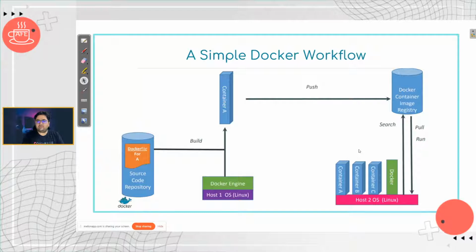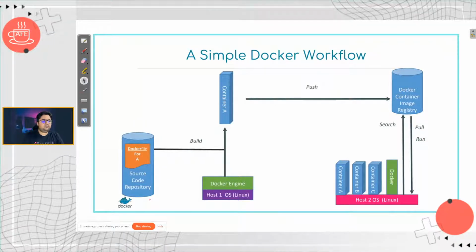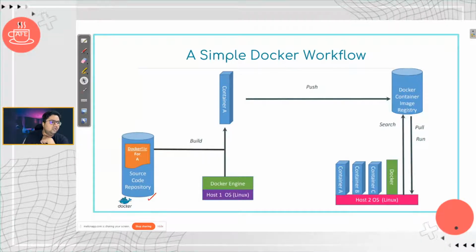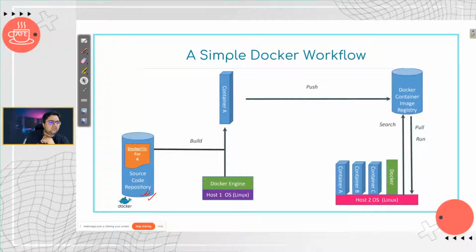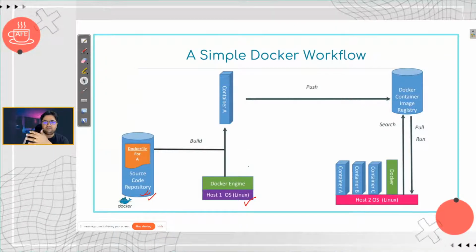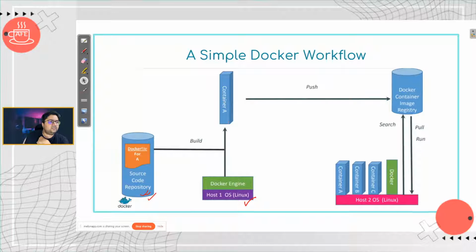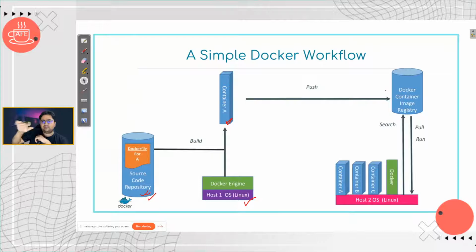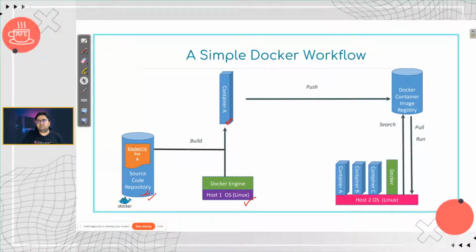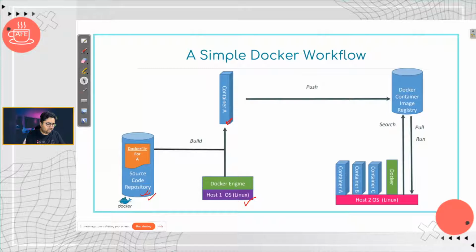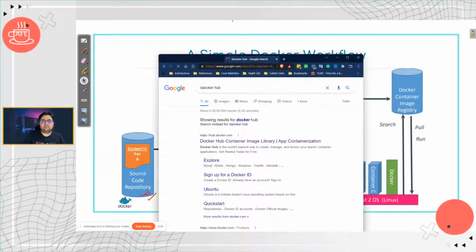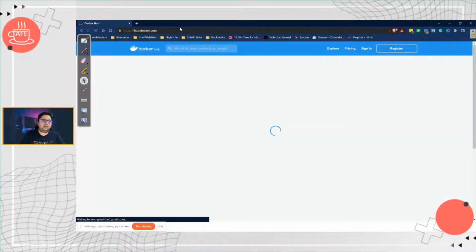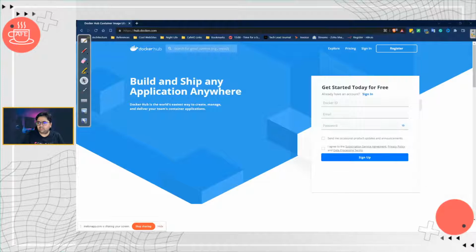A simple Docker workflow. How does Docker workflow work? You have, let's say, a Dockerfile, and we look at a sample Dockerfile, how it works. We'll dissect that. There's some source code. You go through a Docker engine. This is Linux, host OS, which is my machine is Linux, let's say. Then it goes to container A. I've just built it. I've pushed into container image registry. Image registry, or Docker Hub, as it is popularly and lovingly called, is just an app store of containers. So you can pick any container from Docker Hub and deploy it in your stack or in your company or wherever you want it.